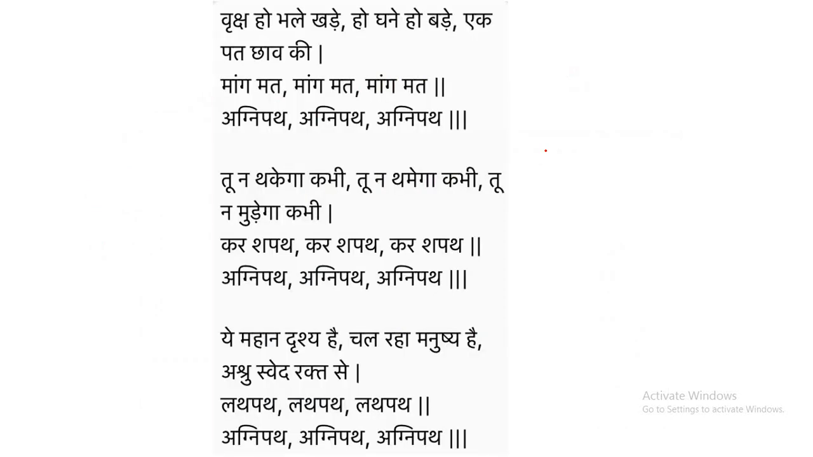Let's see one poem from the Harivansh Rai Bachchan. वृक्ष हो भले खड़े हो कने हो बड़े, एक पत छाव की मांग मत मांग मत मांग मत, अग्निपथ अग्निपथ अग्निपथ। तू न थकेगा कभी, तू न थमेगा कभी, तू न मुड़ेगा कभी, कर शपथ कर शपथ कर शपथ। अग्निपथ अग्निपथ अग्निपथ, ये महान दृश्य है, चल रहा मनुष्य है, अश्रु स्वेद रक्त से लथपथ लथपथ लथपथ। अग्निपथ अग्निपथ अग्निपथ।